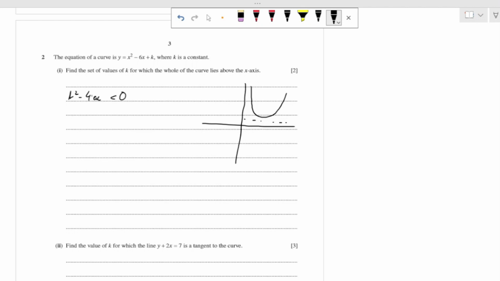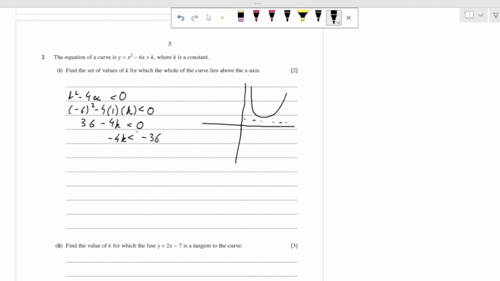So we can substitute in the values of the equation. So b was minus 6 whole squared, then minus 4, a is 1, and c is k, less than 0. When we simplify, we get 36 minus 4k is less than 0. And then when we take 36 over there, we will get minus 36, and we're left over here with minus